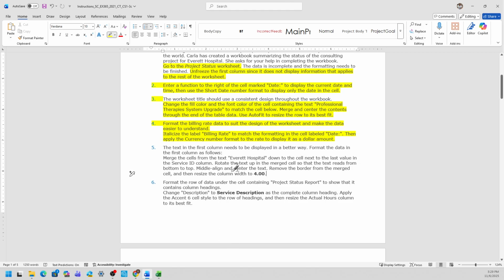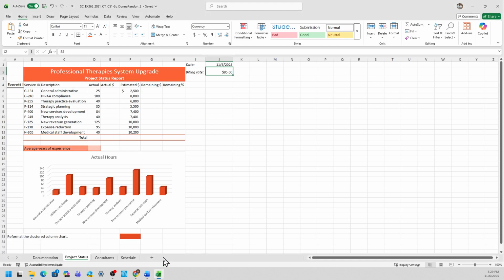Remove the border from the merged cell and then resize the column width to 4. Okay, going to highlight all of that. Back to the start file. So the first one is format the data in cell A4. So cell A4 is here, that reads Everett Hospital. But the first thing I need to do is select A4 to A13